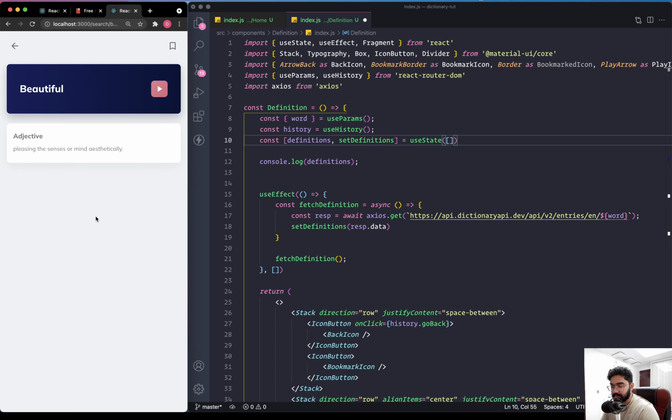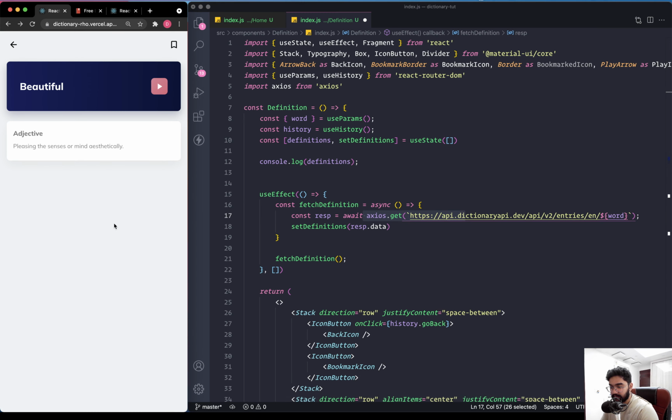Alright, so let's continue. So now we need to fix a few things on the definition screen that we have over here. So the first thing that we need to do is we need to show a loader till we get something in return to the GET request that we make to the API endpoint. Just like what we have in the final version, if I refresh, as you can see, we have a loader